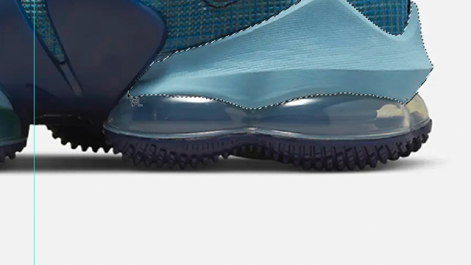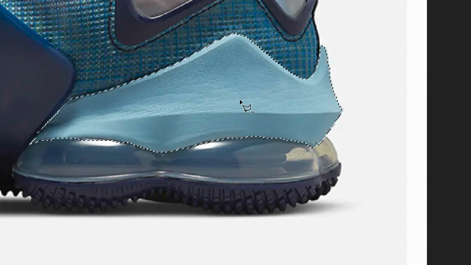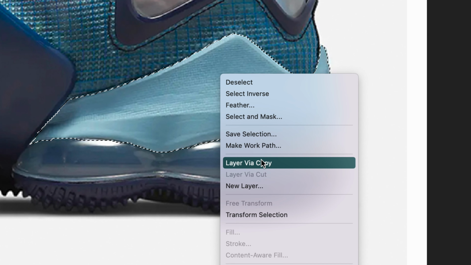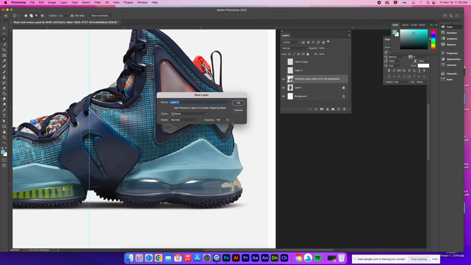Okay, so you can add or subtract. To add, you can hold shift on your keyboard. To subtract, you can hold option on your keyboard. So you select exactly the part that you want, make sure it looks nice and clean, and then once that's done, you right click, layer via copy, just like we did before, and that will place just that piece on